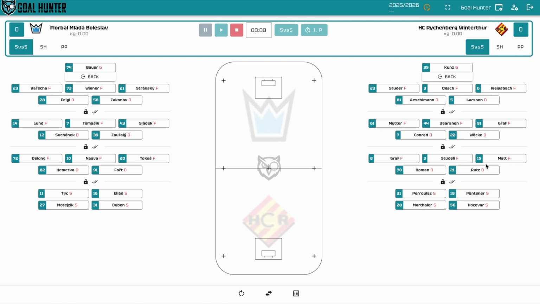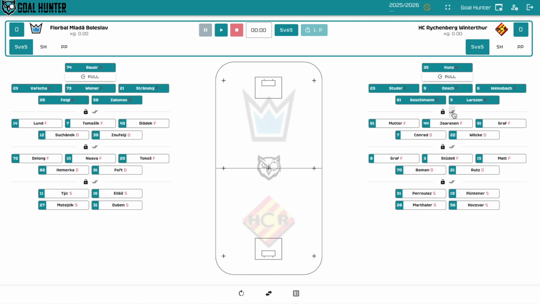In the info box there is a scoreboard and control buttons, such as the match clock. After selecting the starting formation, or formations in case we are tracking both teams' players, clicking the play button starts the match clock, and clicking the pause button pauses it. You can switch periods using this button, and by clicking the stop button, the match will finish.